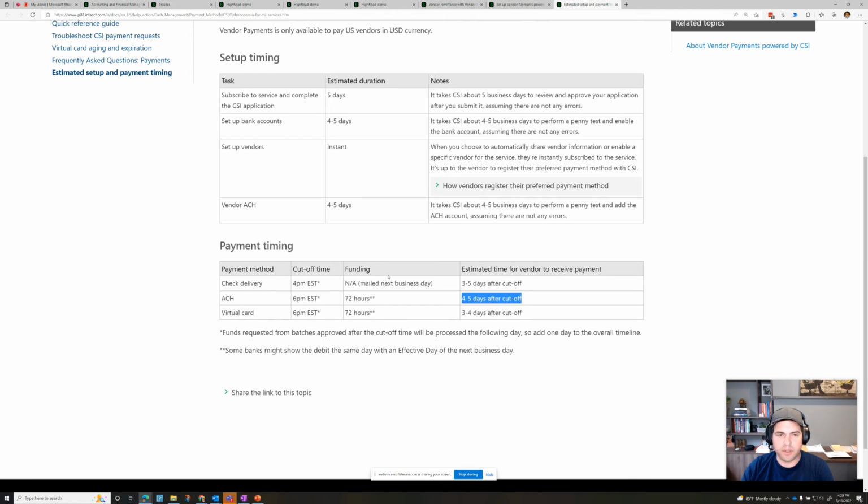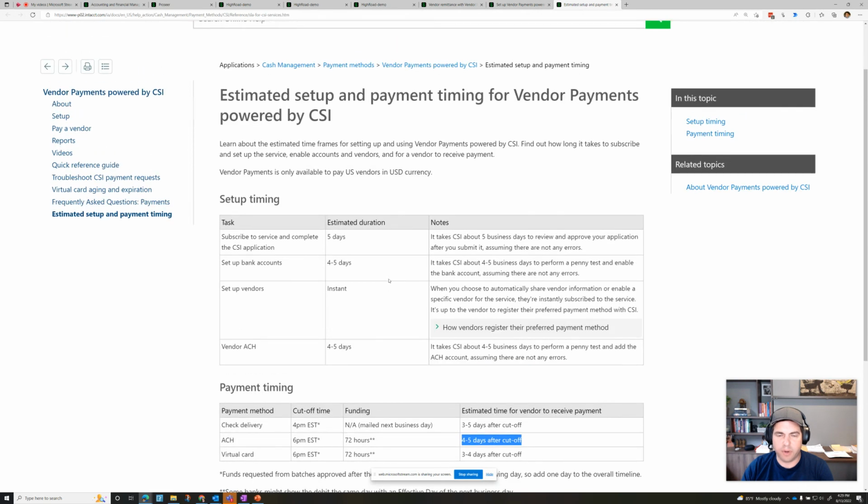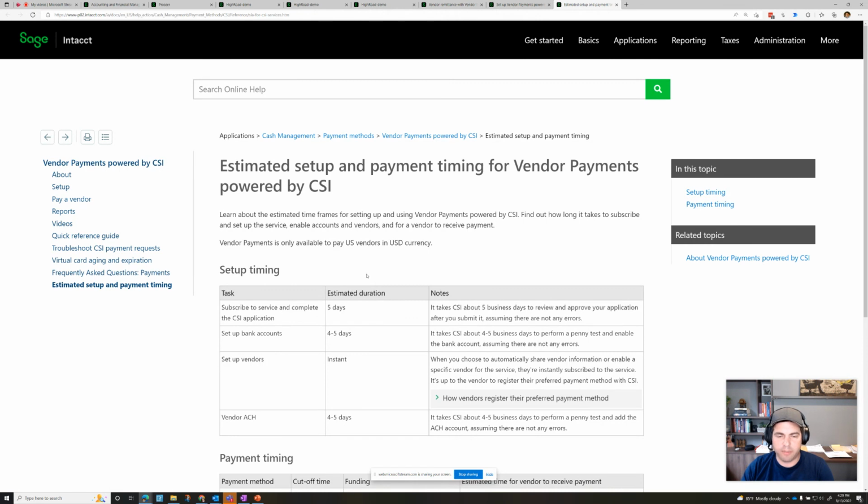And so those are options with CSI right inside of Sage Intacct without needing to use another product or another user interface. It also leverages all of the approvals inside of Sage Intacct. There are other ways we pay too, including with Bill.com or directly with the bank. So those are